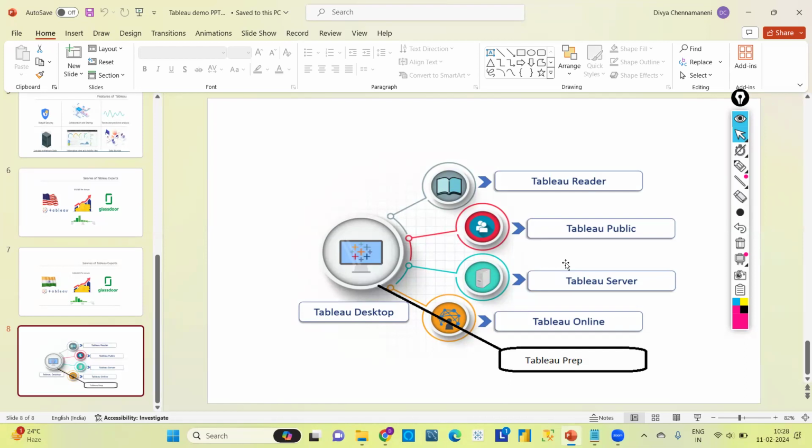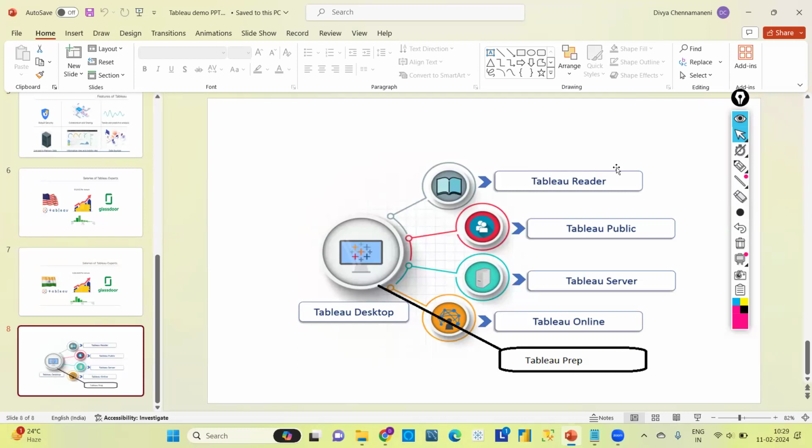And next, Tableau Online. It is a cloud-based product which is used for content sharing and distribution. It is something like Google Drive. We all know Google Drive, right? We can log in to Google Drive and share any of our files with anyone. In the same way, we need to create our own account in Tableau Online and log in. Whatever reports we created, if we want to share them with our managers, clients or anyone, we can share them using the Tableau Online account.